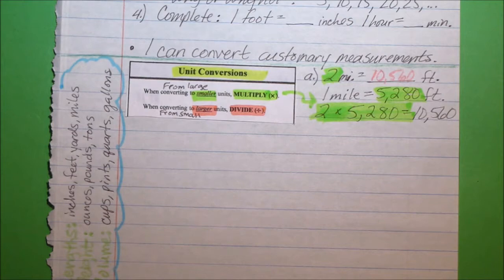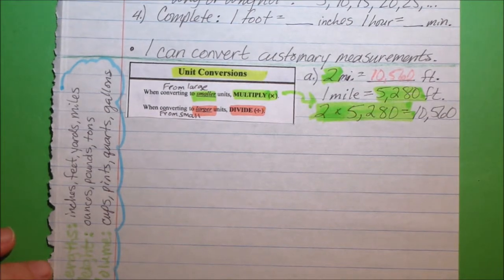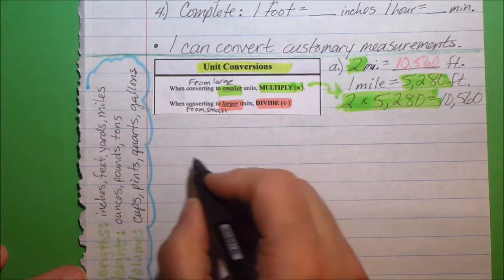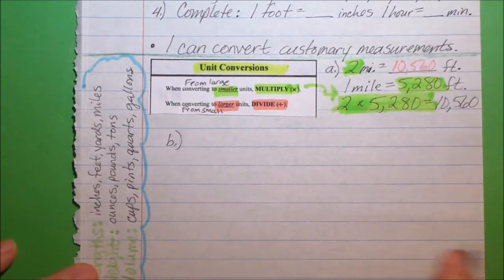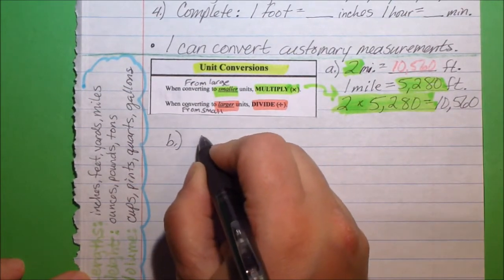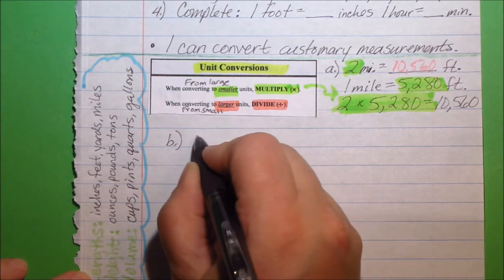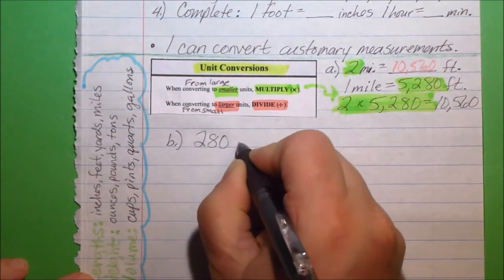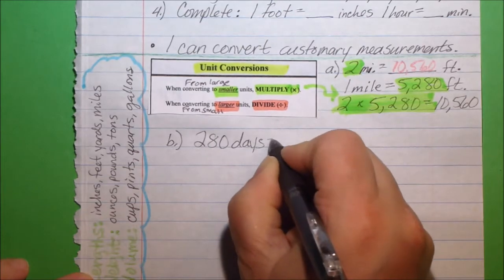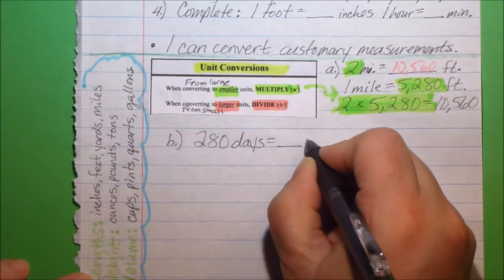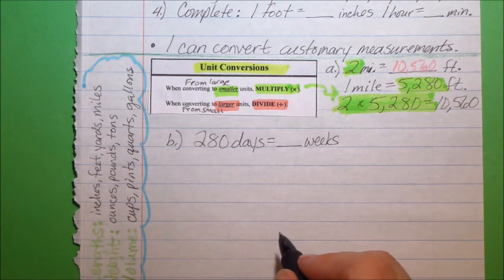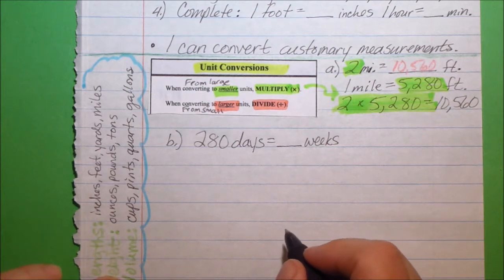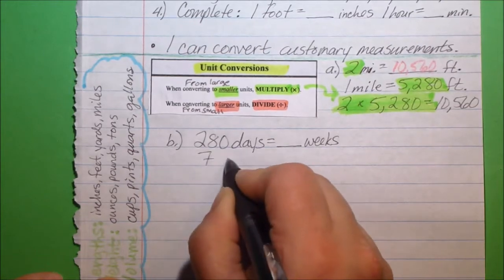So here's another example. Let's see, I'll put it over here. Okay, so B. Let's say I want to know 280 days equals how many weeks? Okay, 280 days equals how many weeks? All right, well, I first need to know how many days are in 1 week. All right, so 7 days